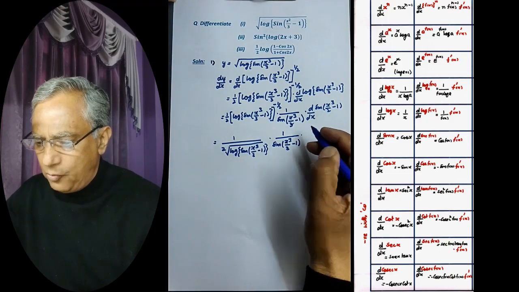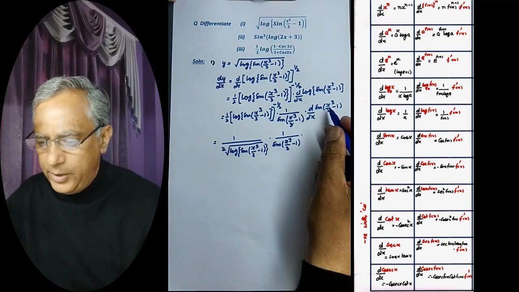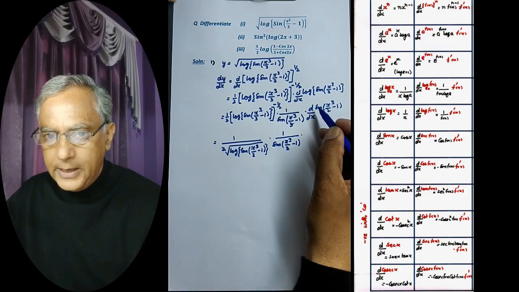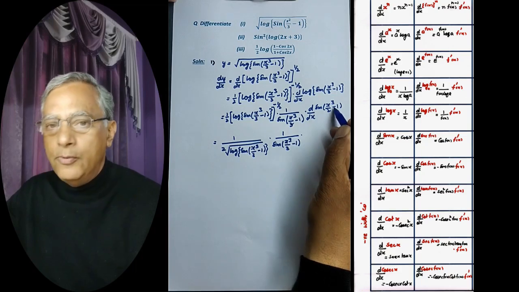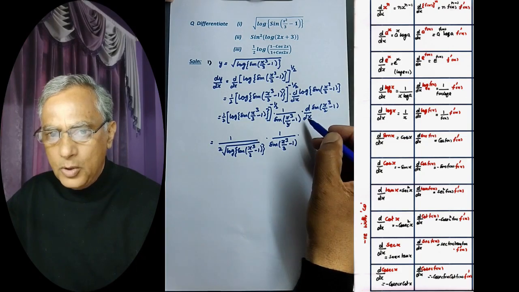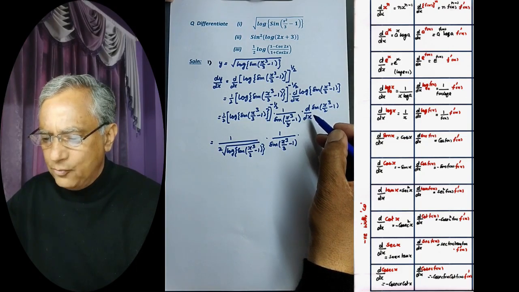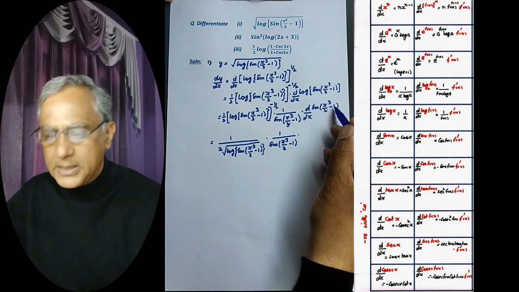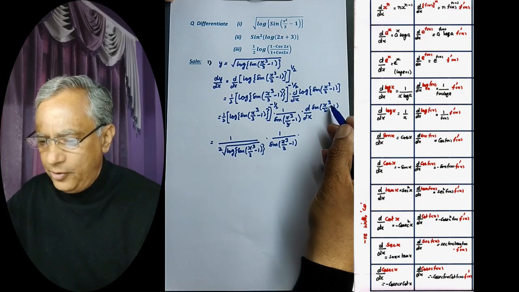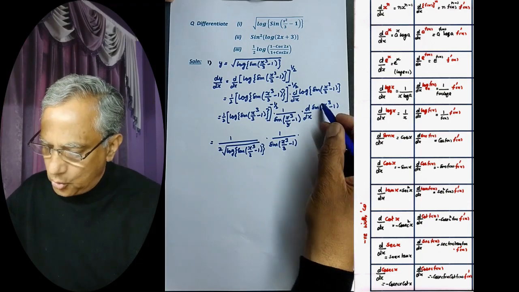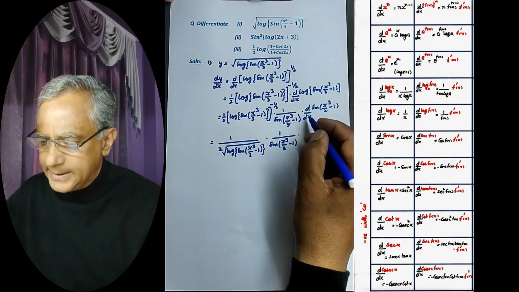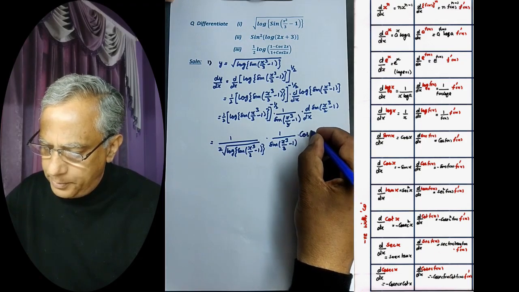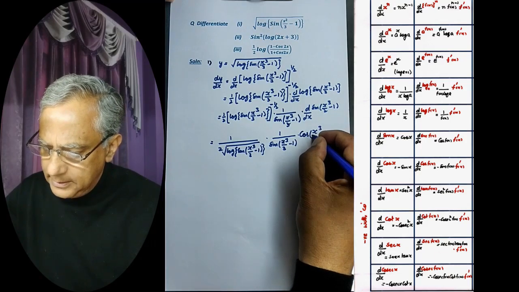Now differentiation of this. Again we have sine of f(x), we don't have sine of x. We have sine of f(x). Again chain rule will be used. A formula valid for sine x will be used for sine of (x cube by 3 minus 1), so we must multiply by the differentiation of the inner function. Differentiation of sine x is cos, so this will be cos of (x cube by 3 minus 1)